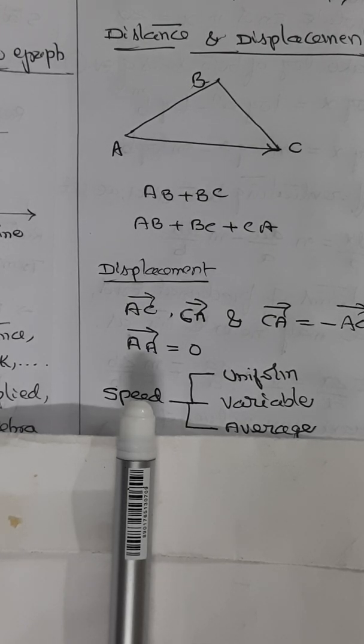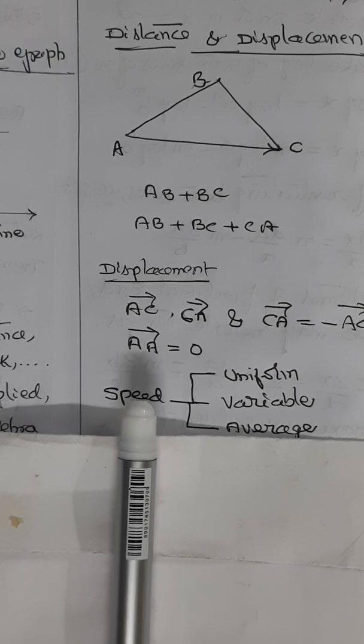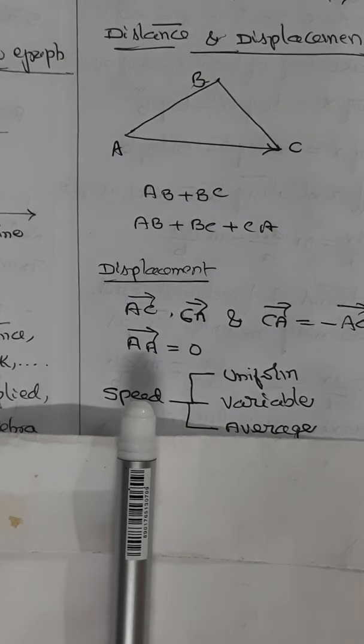Because it is distance by time, you can write the units in CGS system as centimeters per second or meters per second in MKS system or SI system. And of course, we can write the dimensional formula as L by T. Distance by time is L by T, therefore LT minus 1 is the dimensional formula. But it has types there, if you see.